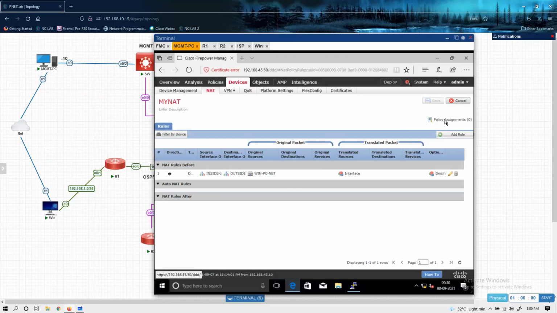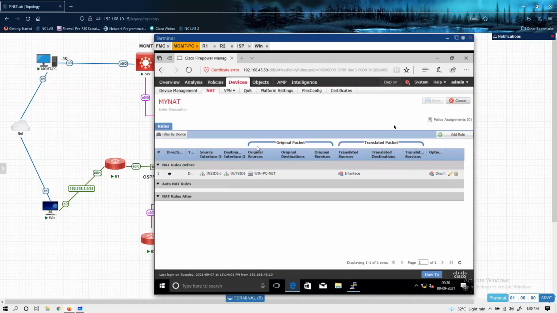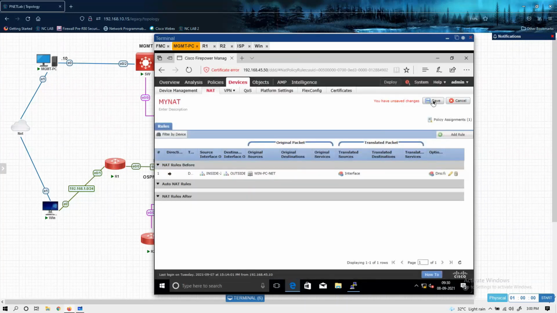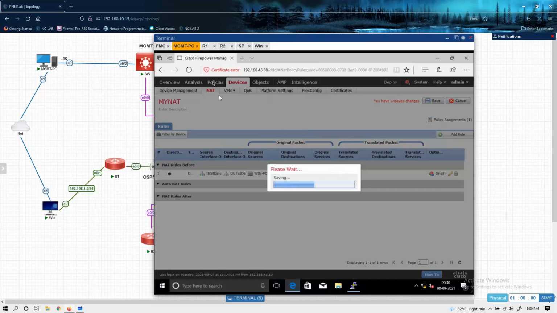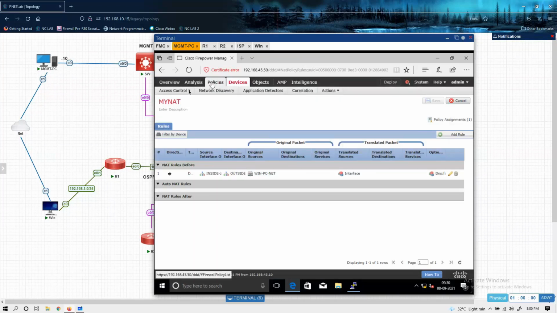So click on this policy assignment and here select your FTD, so that this NAT policy will be pushed on this specific FTD. And let's go to access control policy also. Let's verify that thing. Access control and access control.